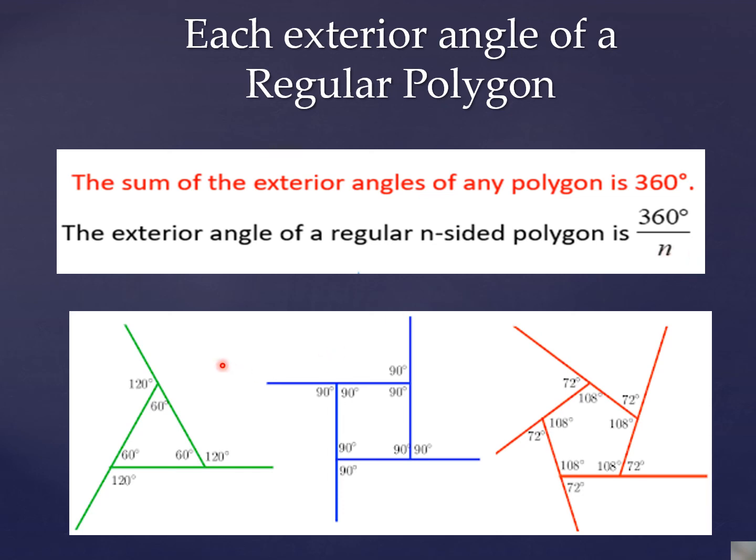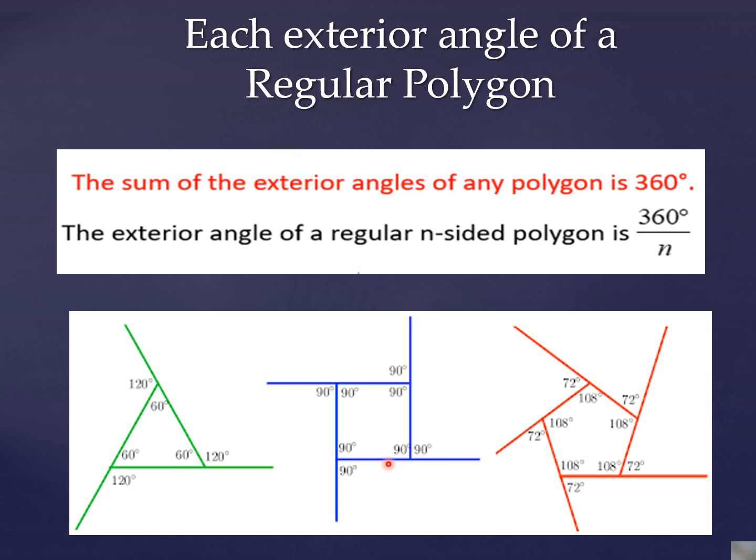So you can see here, in the case of a triangle, right? Because the sum of the exterior angles is 360. So an equilateral triangle has all interior angles as 60, 60, 60. Obviously, the exterior angle will be 120 because they make a linear pair, right? 60 plus 120, 180 degrees. So you can see three exterior angles, 120, 120, 120. This is proved here.